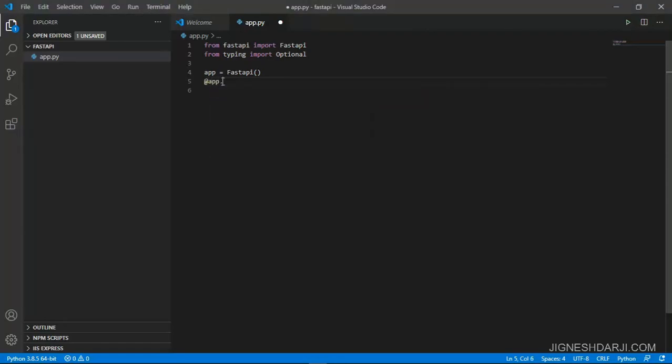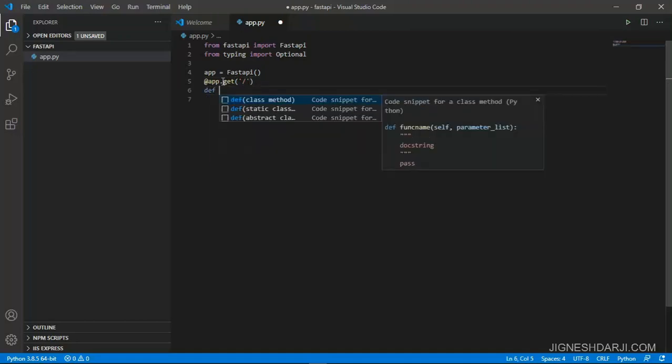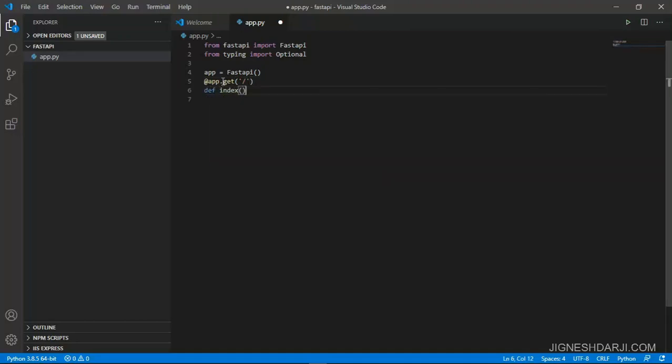So I use @app.get, and we need to specify the path for this default get method. So I specify the forward slash. So it's the default API page when we are executing the URL in the browser. So I create a function with the name of index, and inside that function I return just a simple message, something like hello world.